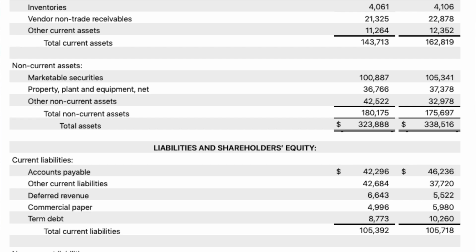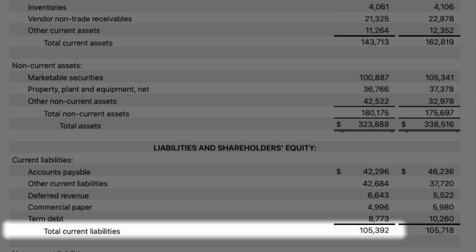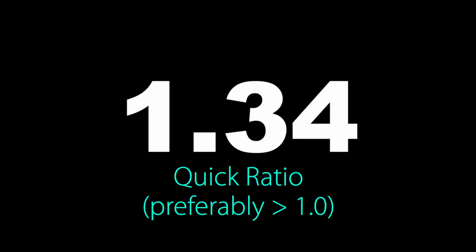But if you were to look at its current assets to current liabilities, we have 143 billion US dollars for current assets versus 106 billion US dollars for current liabilities, which gives us a quick ratio of 1.34. That means the company is in a healthy financial position to repay its short-term obligations without any problem. And I always prefer companies with a quick ratio above 1